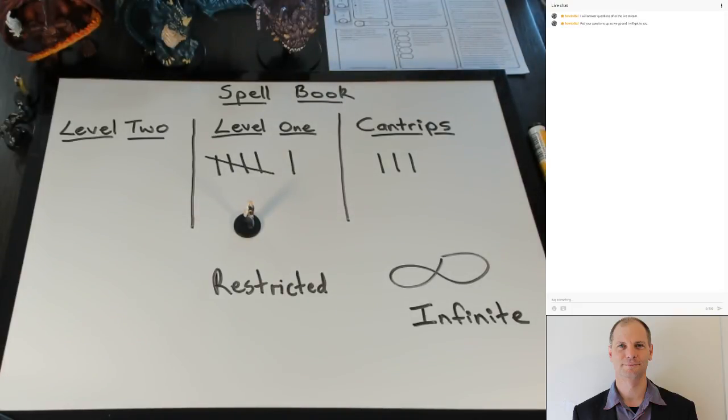Hi, welcome to How to D&D. My name is Fred Weller, and today I'm going to talk about Dungeons & Dragons 5e, and specifically I'm talking about how to play Dungeons & Dragons 5e, and we're talking about the wizard. This is the basics around using a wizard. The spell book for the wizard is what we're going to concentrate on, and I pulled out a whiteboard and a whiteboard marker for this particular video so I can actually demonstrate and explain the nuts and bolts of the